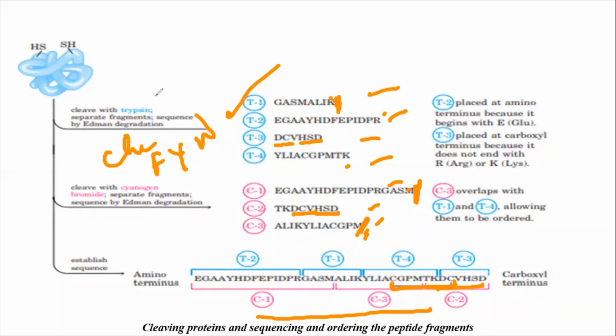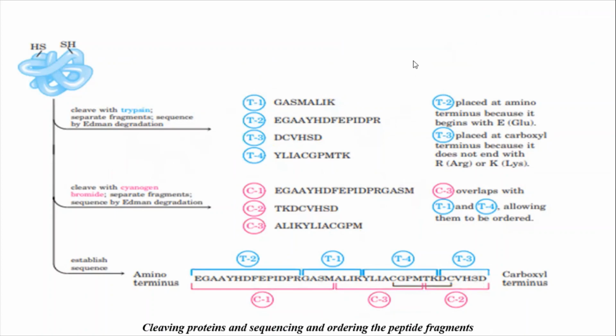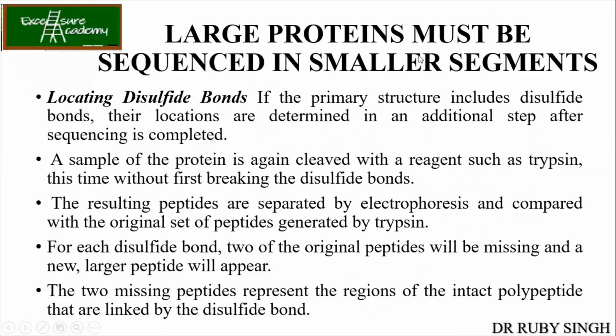Now if it is pepsin, then it is N terminal, right? So if it is N terminal, suppose I have it like this. What will happen if it is the N terminal? I will not see phenyl. The cut will be made over here. C terminal means the amino acid is included. If it is N terminal, the cut will be made over here, so that amino acid will not be included. Clear now? Yes, ma'am. Okay, good. So this is how we get the sequence of the polypeptide chain.